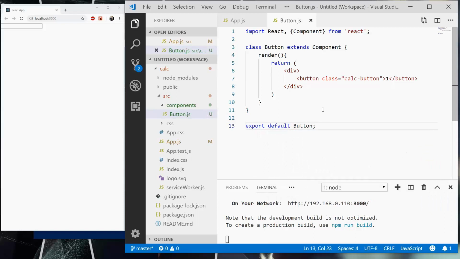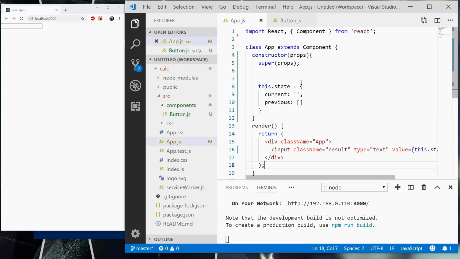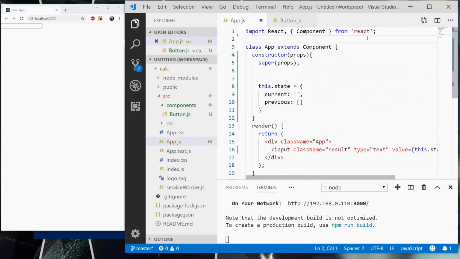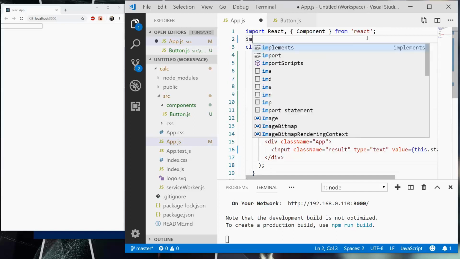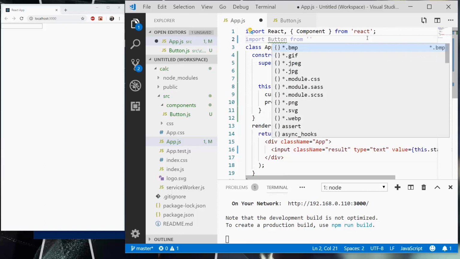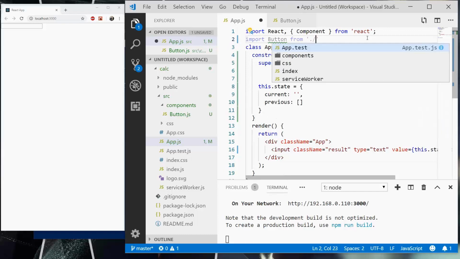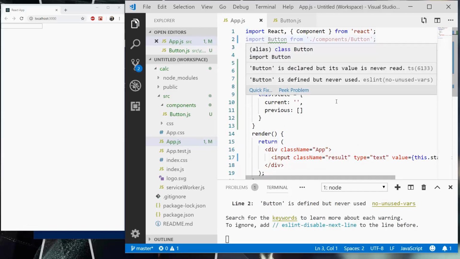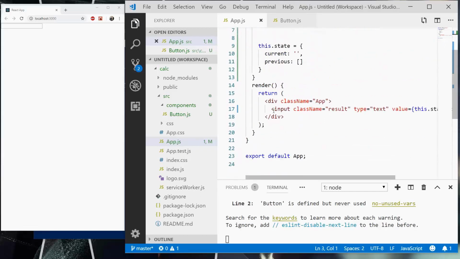And now we're ready to use this and start creating our grid of buttons in App. But we need to import Button. So we're going to import Button from the current directory, we're going to look for a components directory and then Button. We're going to save this, and then down here